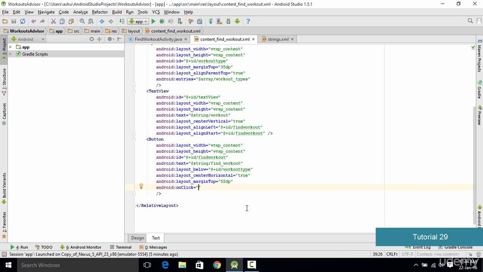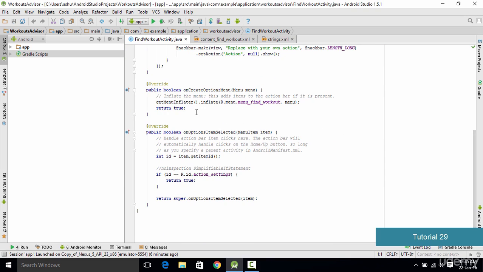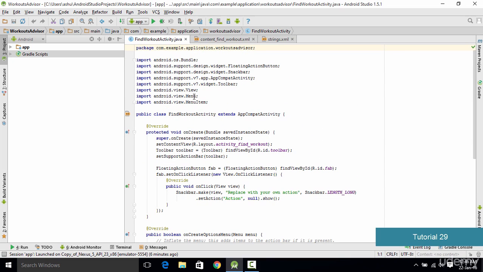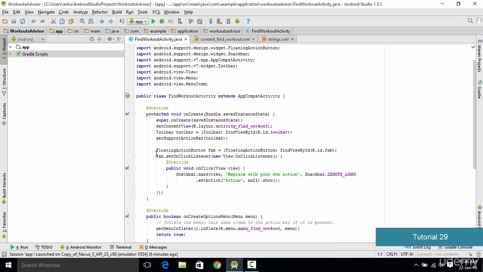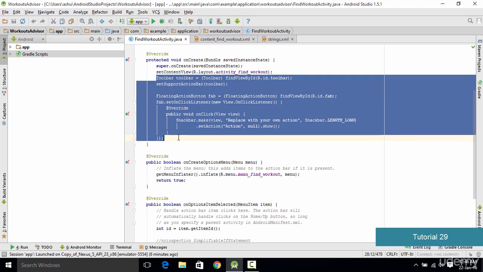Now in this case, as we don't have any method created right now, we type in here onClickFindWorkout, and make sure that you spell it correctly. Once this is done, we go to the FindWorkoutActivity.java file, and as you could see, there is a bunch of code which is already typed in for us by Android Studio. We won't be needing all this code, so we go ahead and delete the unnecessary code. From the toolbar I delete it right over here,